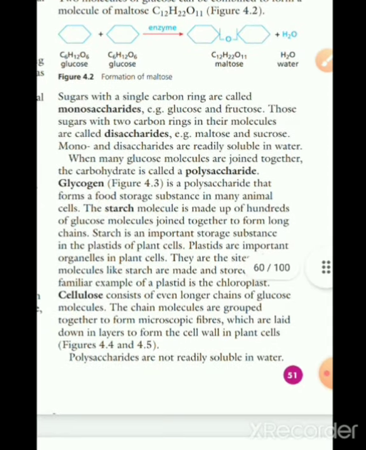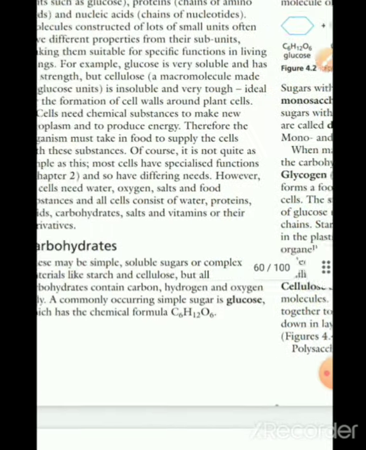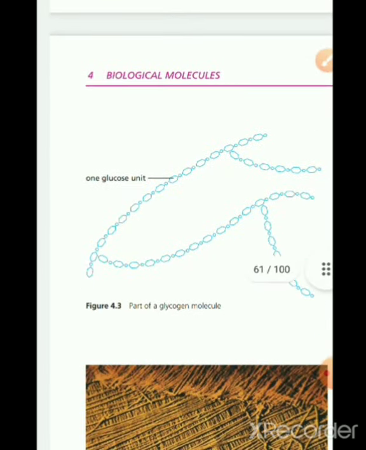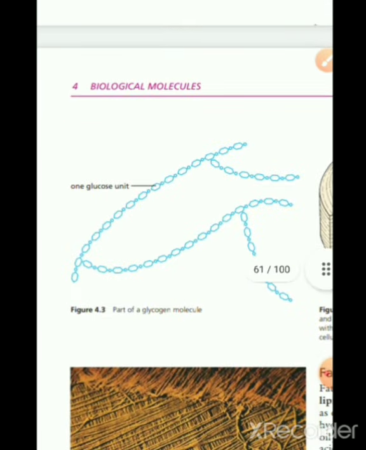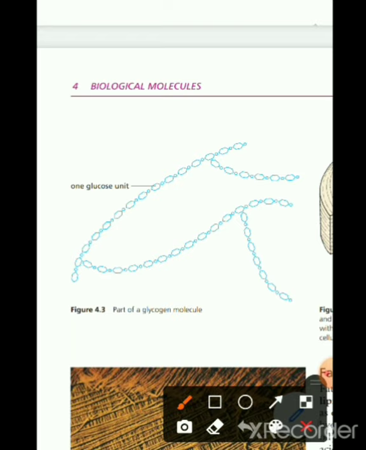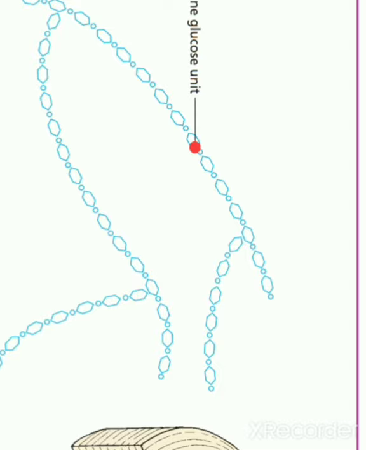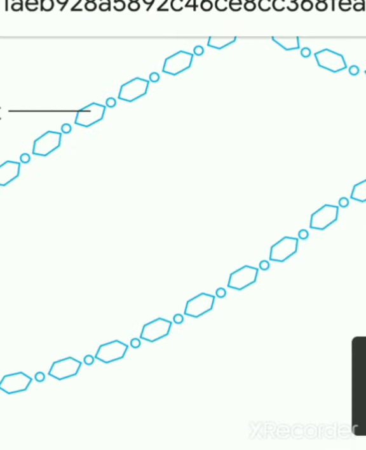Next are polysaccharides. Polysaccharides are bigger, bulkier structures. They are not readily soluble in water. So here we have a polymer, basically, in which lots of glucose molecules are attached together. If we take just one molecule like this one, this is one glucose unit, which is a monomer. When lots of monomers combine with each other, they give rise to a structure called a macromolecule.